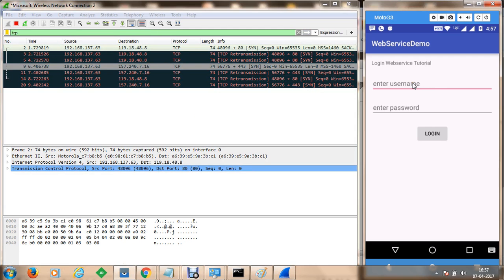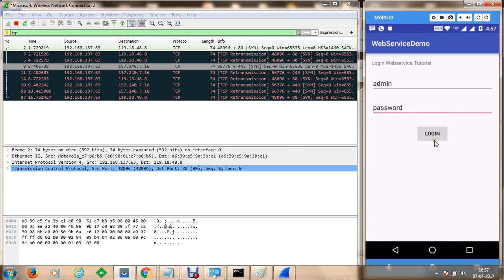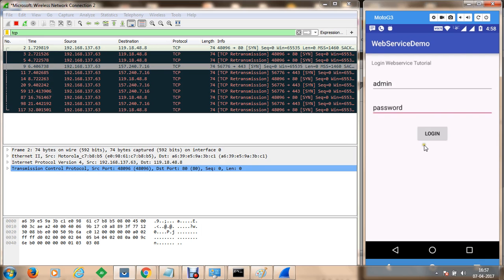So what next we can do is we can again type in some details. Let's say I would like to type in some bad information. Now once I press on login, we'll see some of the packets, some requests will be sent from the machine here, and once we have got those requests, if those requests have been captured, we are going to analyze the request in the Wireshark here. So we are going to press on login again.